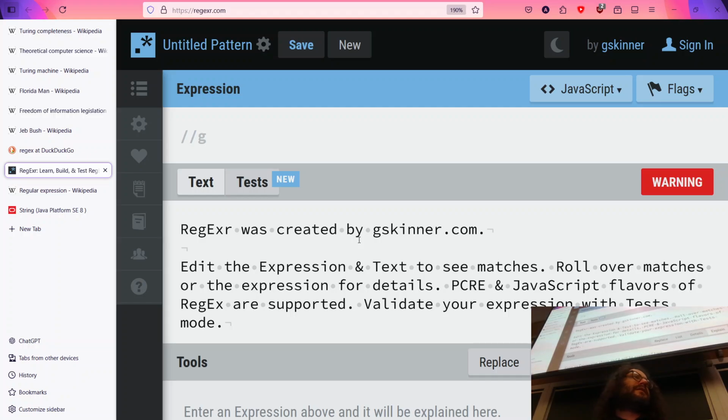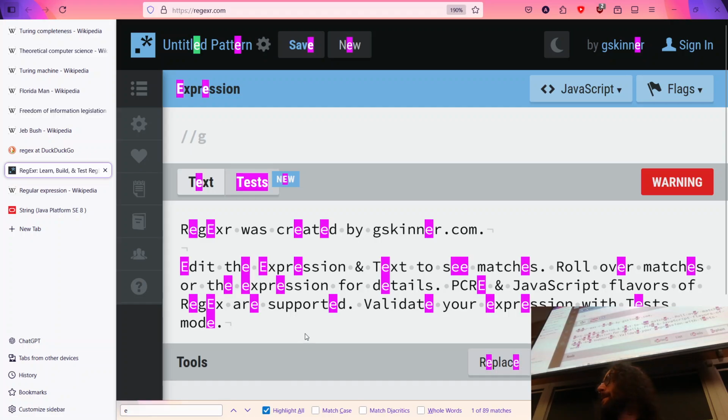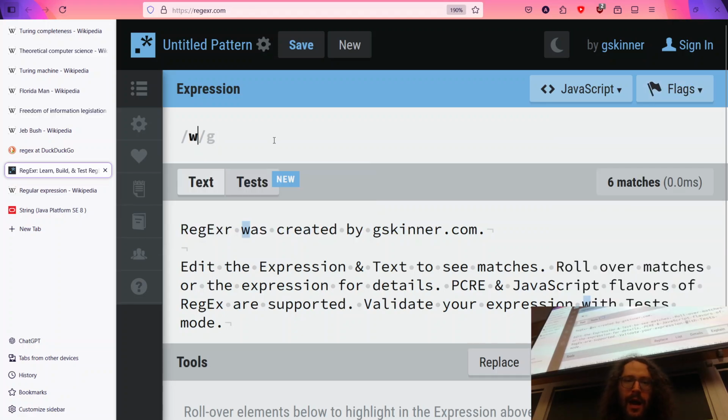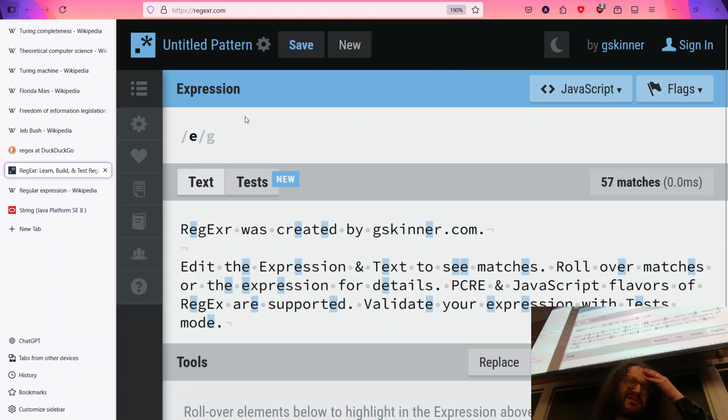So let's go ahead and start. You can use regular expressions just like you would use the find function in anything, like in a web page where you use Control F. I'm looking for reg, and it finds reg. Or if I look for all instances of the letter E, and I hit highlight all, you see that. That's just the find function that's built in. So you can use a regular expression engine like this. I can also hit a flag to say it's case insensitive, but we're computer scientists, we're programmers now. It's case sensitive at the moment.